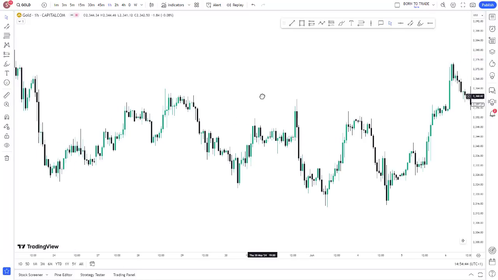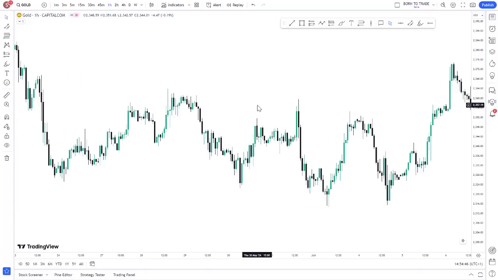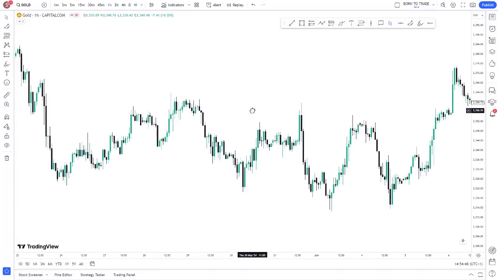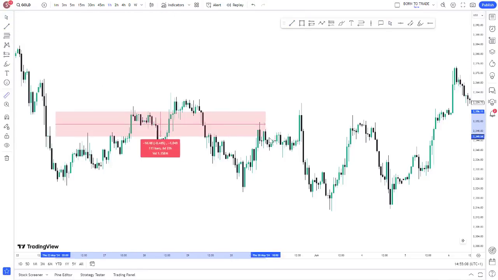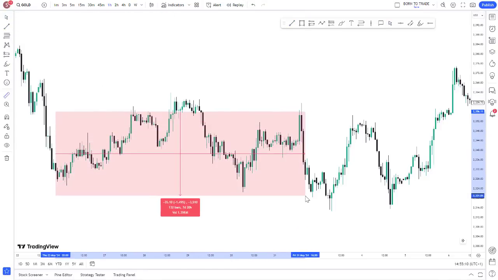Now at this point, this is exactly what I want you to identify in the market. Firstly, we have an accumulation area, and have it in mind that the accumulation area could be of many types. We have different sizes of accumulation. Price could actually accumulate for 1 month. Sometimes it could accumulate for 30 minutes. Sometimes it would accumulate for 5 minutes. But this particular one took a lot of time. This accumulation was a very large one, and if you see, this accumulation happened for about 7 days.